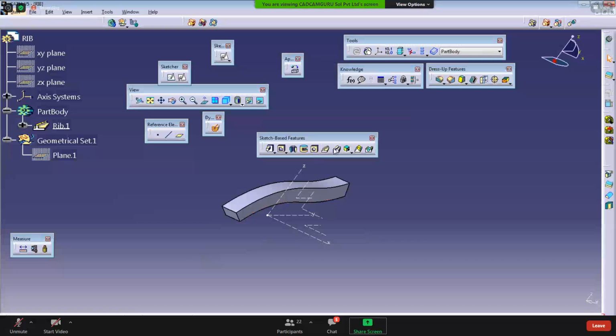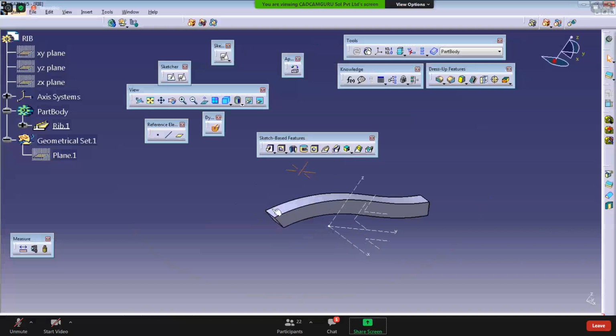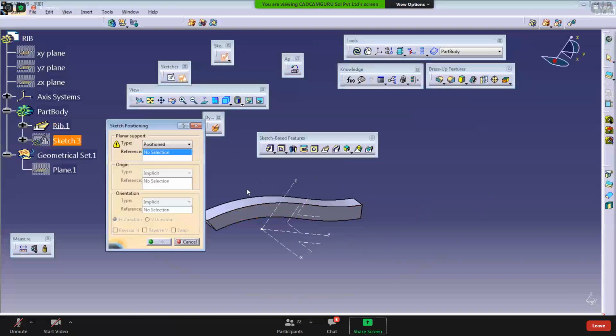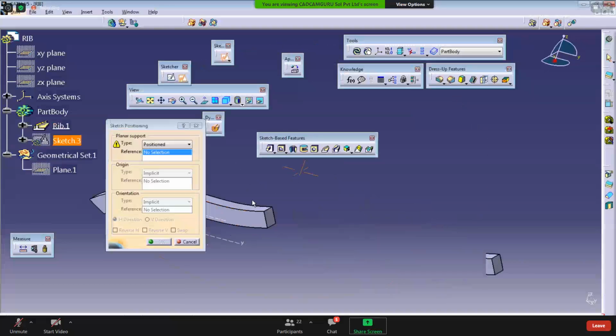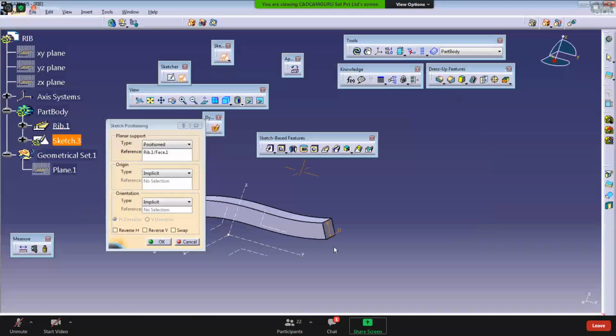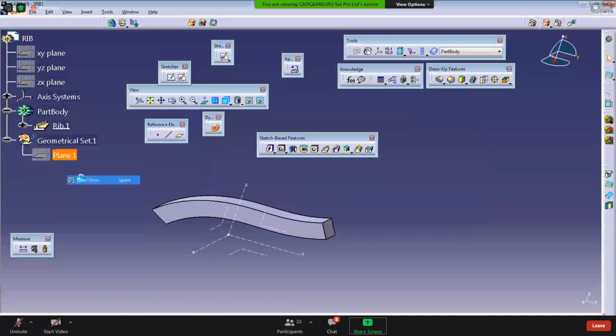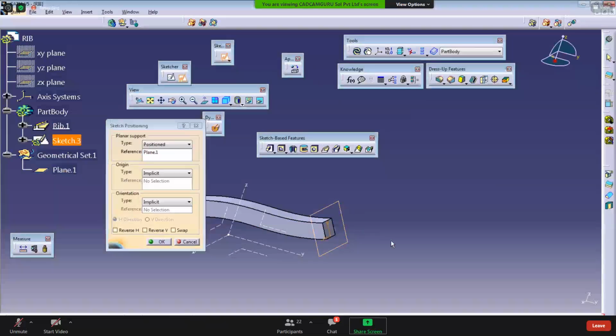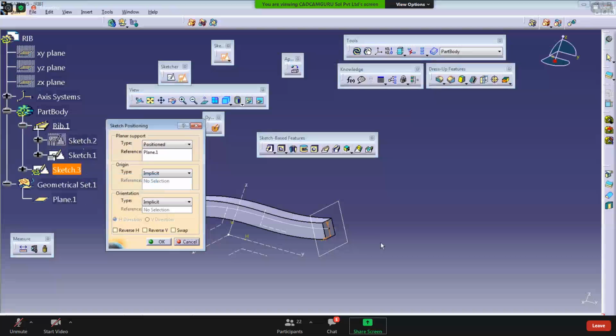Exactly opposite of the rib command, to cut material there is the slot. So I'm creating the profile once again on this face, or you can use the same plane you already created. On that plane, I'm going to create the section. How to change the origin? First, activate sketch number 1 to show it, and again right click and use the hide/show option.